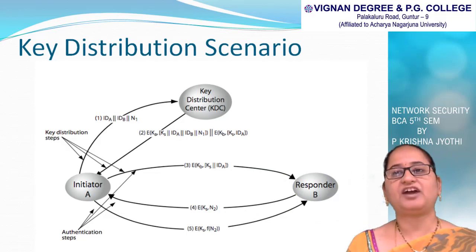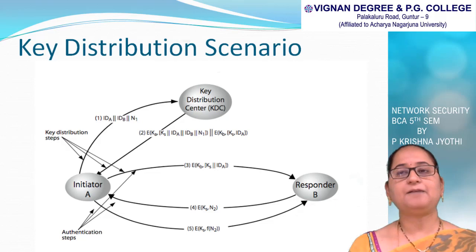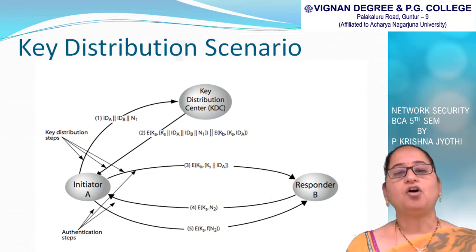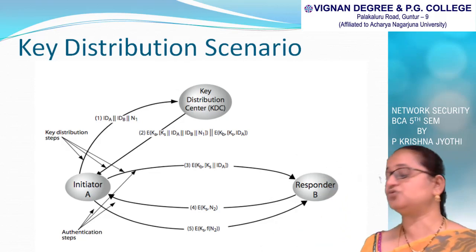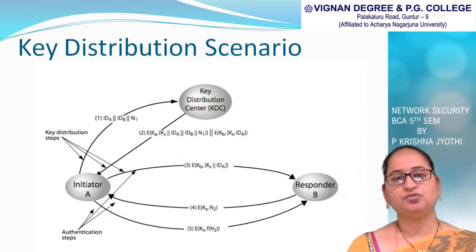What is specifying that? Identifier A, identifier B, and it is placing some nonce, a timestamp value. After that, KDC is sending a response message to A. This response message includes